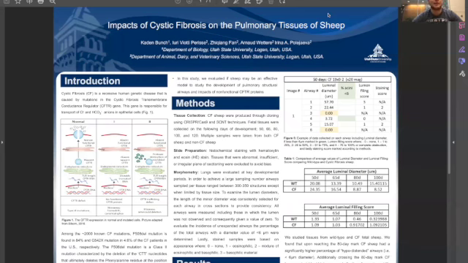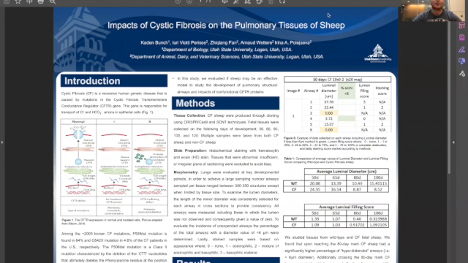Hello, my name is Caden Bunch, and this is my presentation on the impacts of cystic fibrosis on the pulmonary tissues of sheep. Some of y'all may know, growing up in Utah, that it's quite a close-knit community in which some of y'all may even share the same grandparents. And although this is great for social experiences, it's not so great when it comes down to genetic diseases